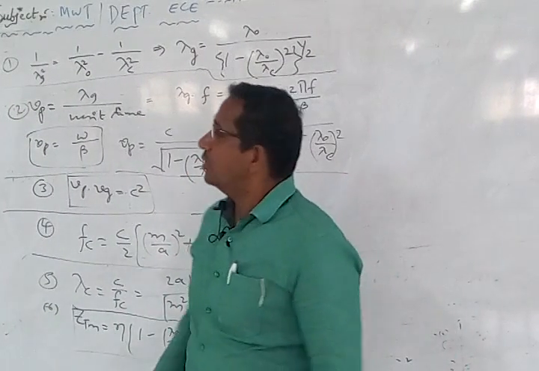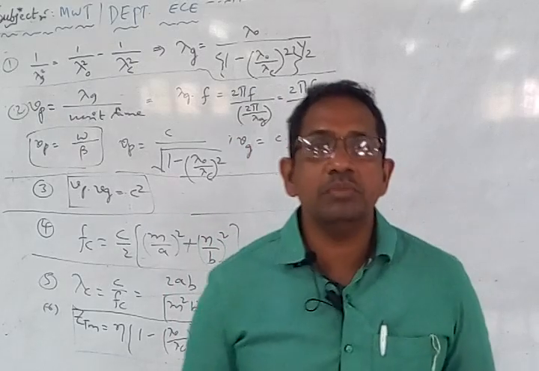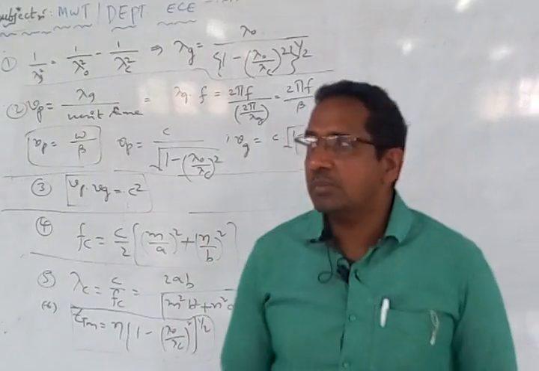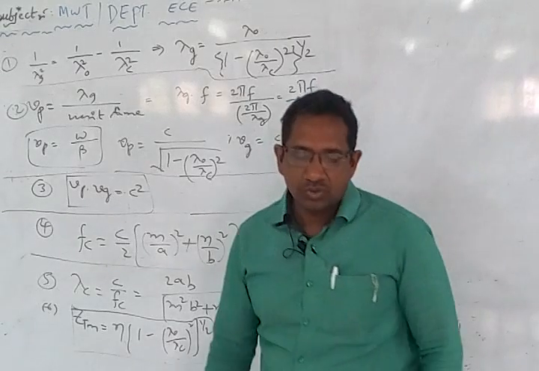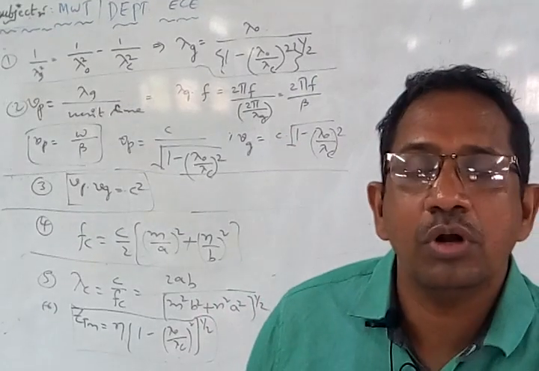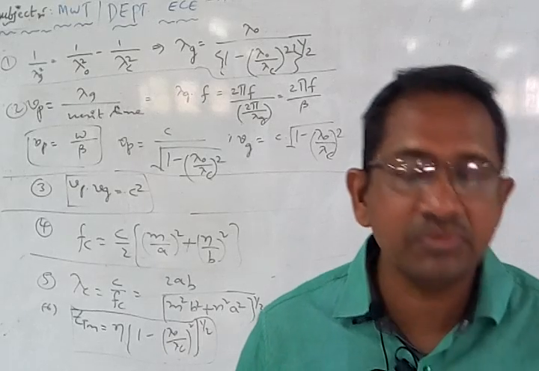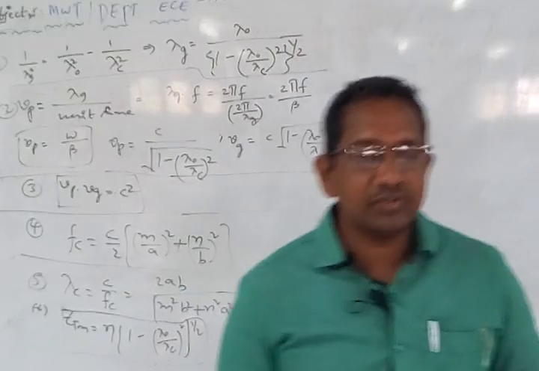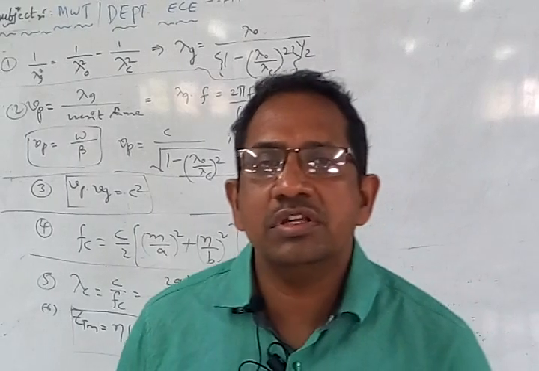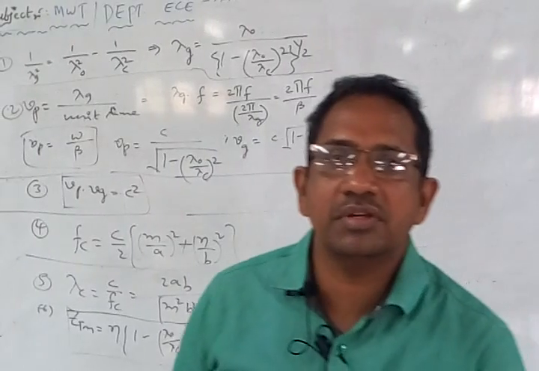Now today what we do is we try to solve some of the problems from unit number 1 and 2. Usually in the examination most of the problems are coming from unit number 2. So we'll concentrate on some of the problems from unit number 2. Before we go on to unit number 3, let us solve some problems on the waveguides. After this we'll move on to unit number 3 and discuss the microwave circuits.